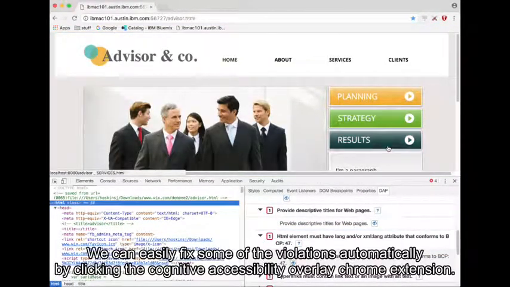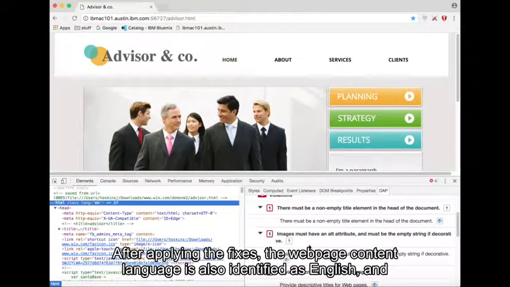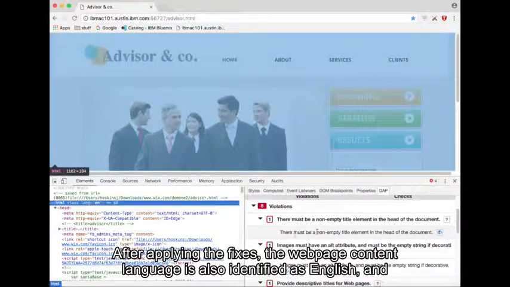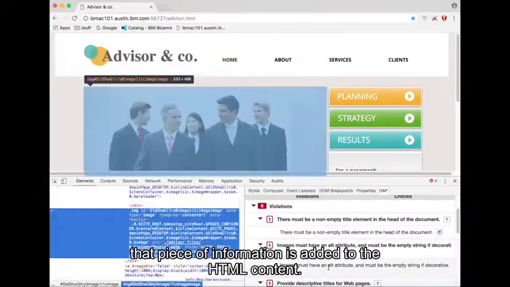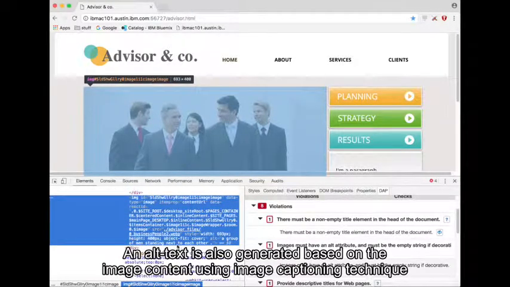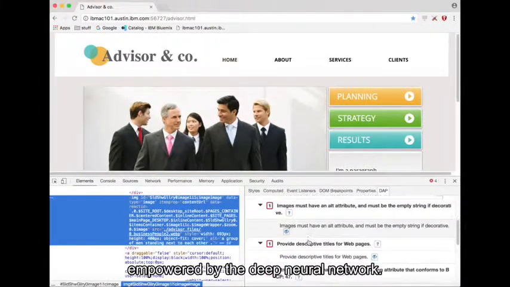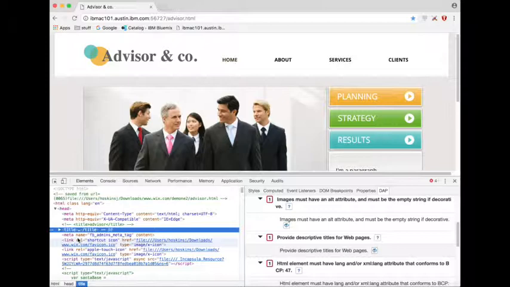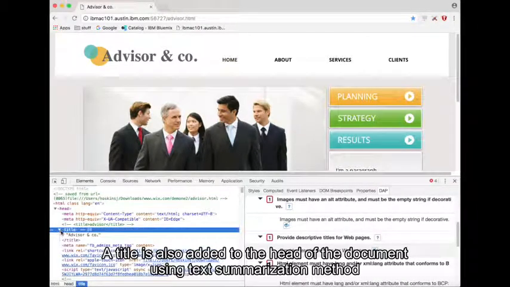We can easily fix some of the violations automatically by clicking the Cognitive Accessibility Overlay Chrome extension. After applying the fixes, the web page content is identified as English, and that piece of information is added to the HTML content. An alt text is also generated based on the image content using image captioning techniques empowered by the deep neural networks. A title is also added to the header of the document using text summarization method in